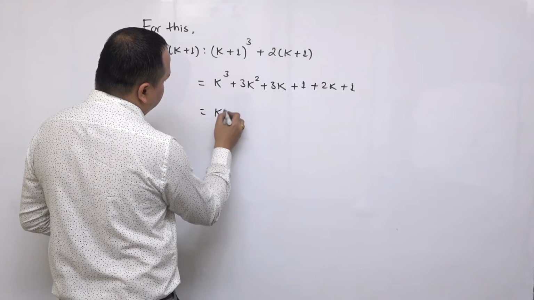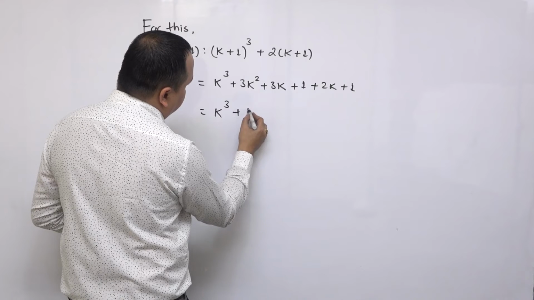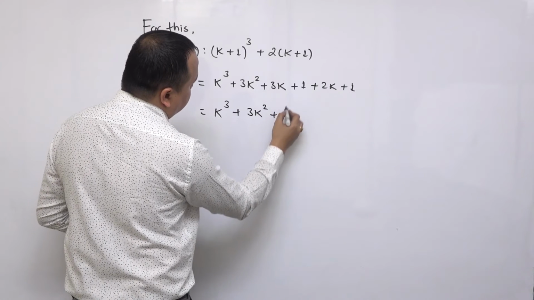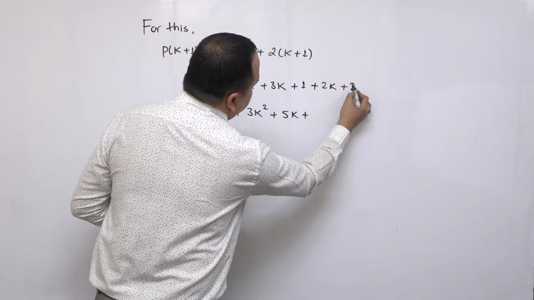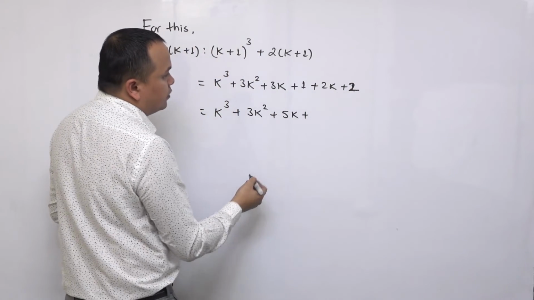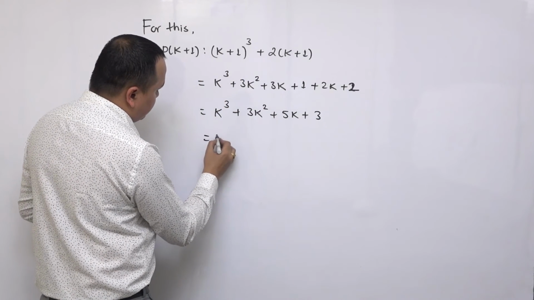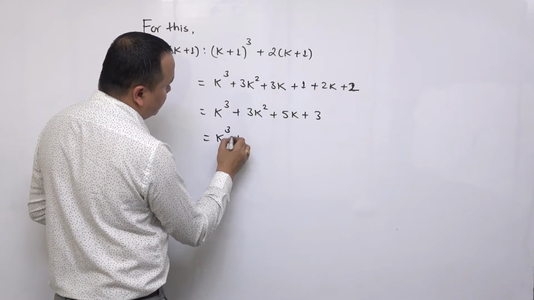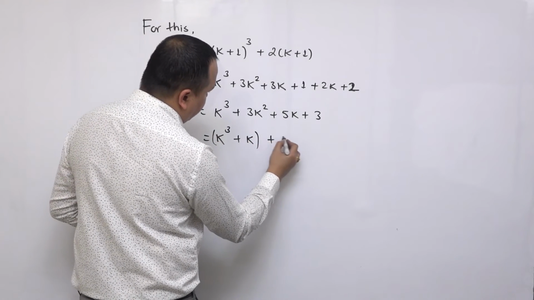K cube plus 3k square plus 5k plus 2 plus 1 is 3. The k cube plus k and 3k square plus